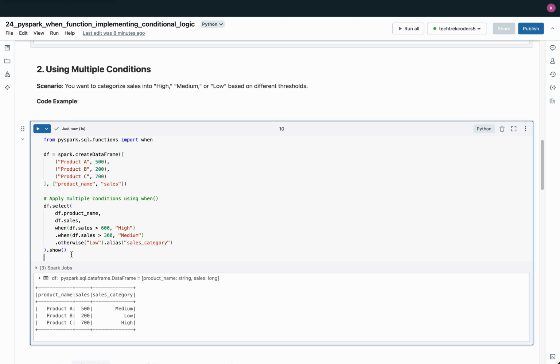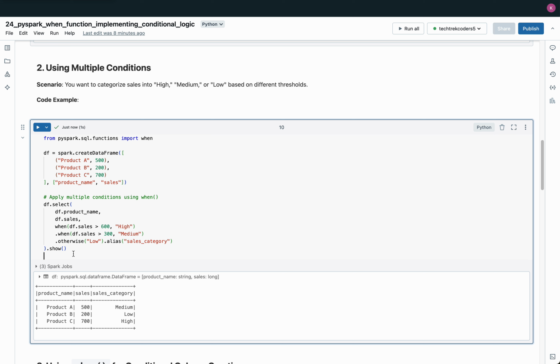First, we use the when function to evaluate if the sales value is greater than 600. If this condition is true, the sales_category column will be assigned the value high. Next, we apply a second condition using another when clause, which checks if the sales value is greater than 300 but less than or equal to 600. If this condition is met, the sales_category is assigned the value medium. Finally, if neither of these conditions is satisfied, i.e., the sales value is 300 or lower, the otherwise method assigns the